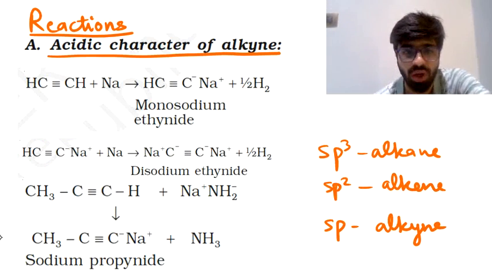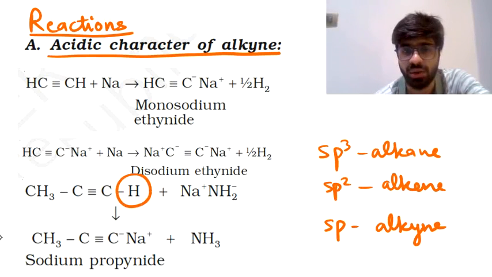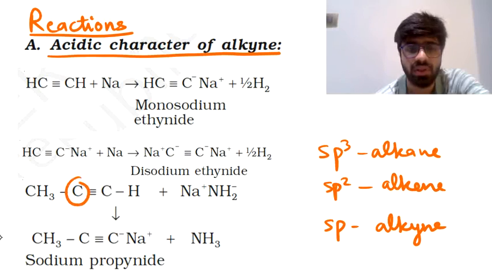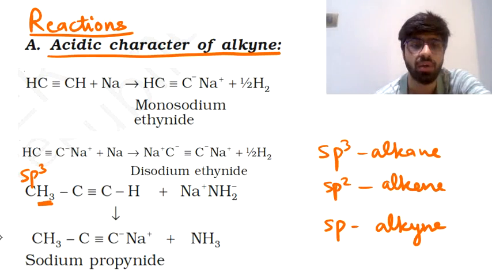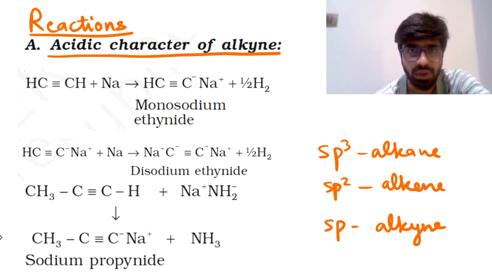Now check one more compound, that's propyne. In the case of propyne, the 2 carbon atoms involved in the triple bond are here. It is only this carbon atom that has a hydrogen atom with it. So the hydrogen atom which can come out, indicating the acidic behavior, is only this hydrogen atom. There's no hydrogen atom with this carbon atom. These hydrogen atoms are bonded to this carbon atom which is actually sp3 hybridized, so you can't have these hydrogens coming out. These 3 hydrogen atoms are going to stay with the molecule. It's only this hydrogen that comes out, and it indicates the acidic behavior of propyne.